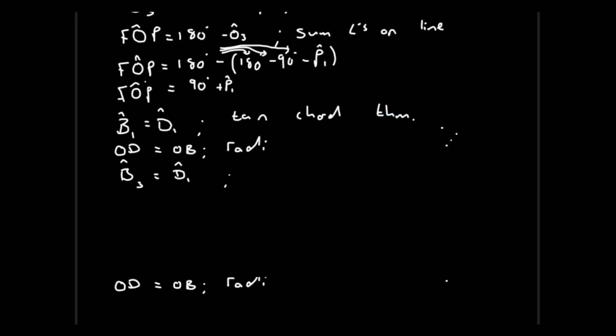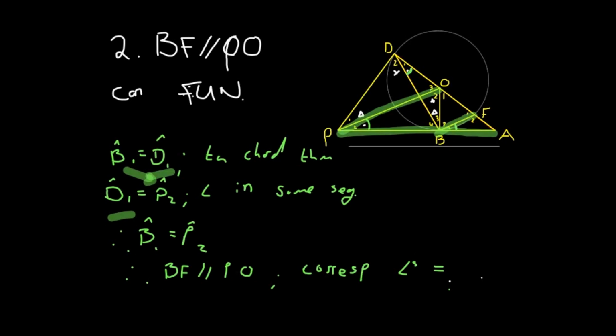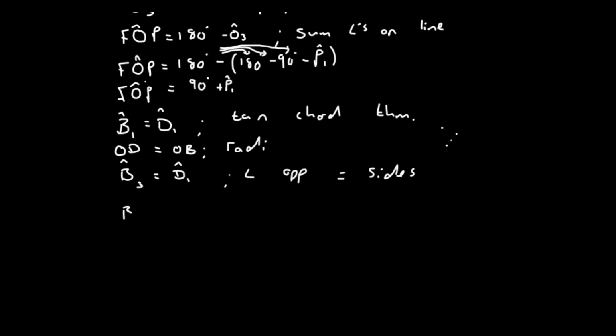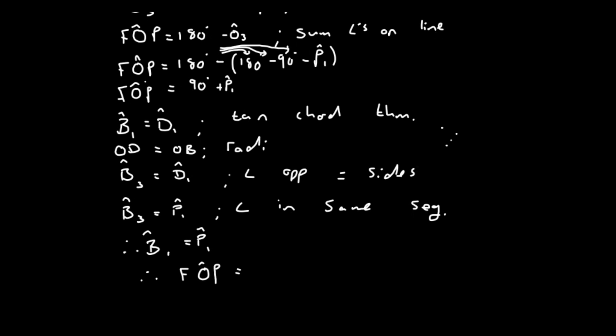And our reason there would be angles opposite equal sides. And then to conclude here, well, B3 equals angle P1, and that would be angle in same segment. And therefore, we can conclude now, P3 and P1 are the same thing. Therefore, B1 is equal to P1. And finally, if